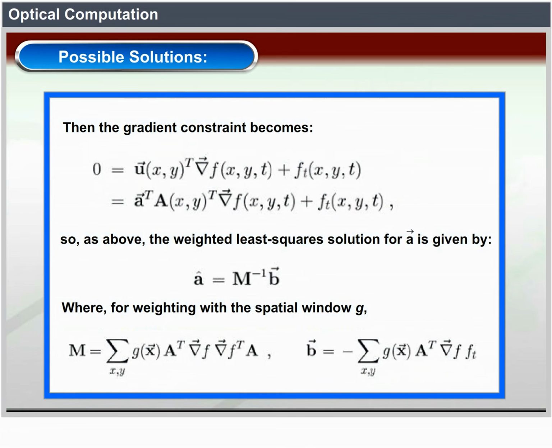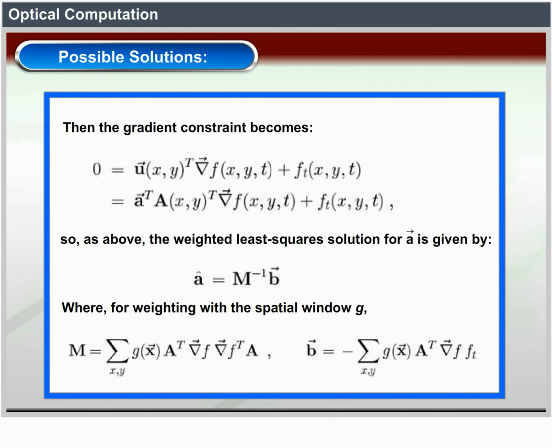So as above, the weighted least square solution for a vector is given by a vector equals M to the power minus 1 B vector, where for weighting with the spatial window G, we get the equations: